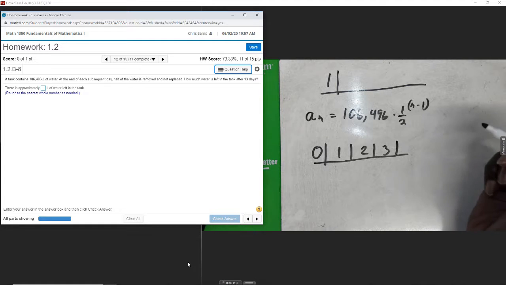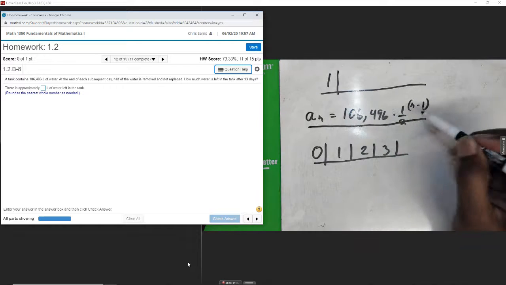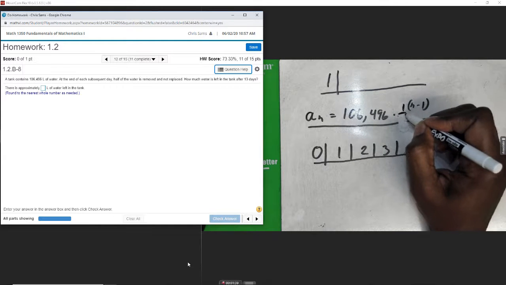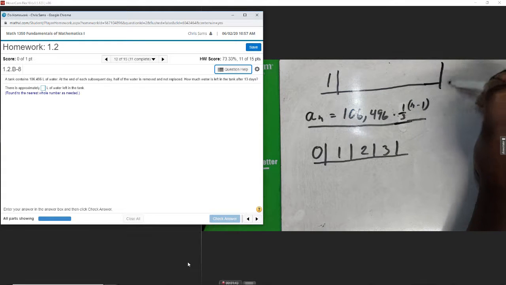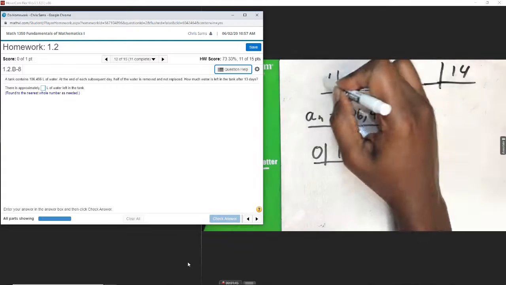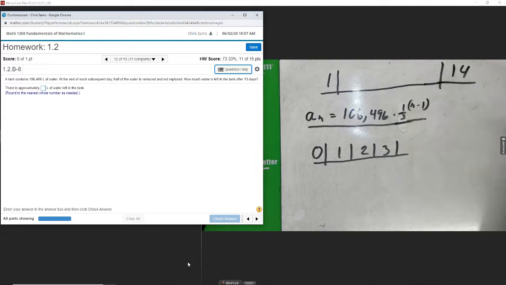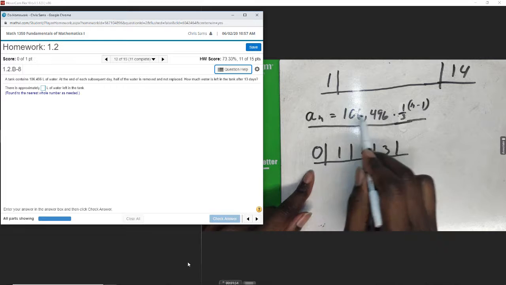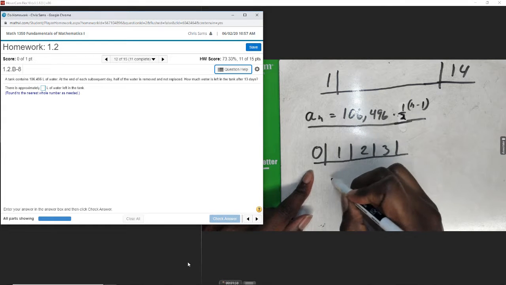So 2 things you need to do. If you're going to use the general formula, when they say 13 days later, either you need to go all the way to 14, because if you start at 1 and you add 13, you'll get day 14, so you'll need to put 14 for n. Or if you back scale and start at day 0, say that this is day 0, then you can use this formula,